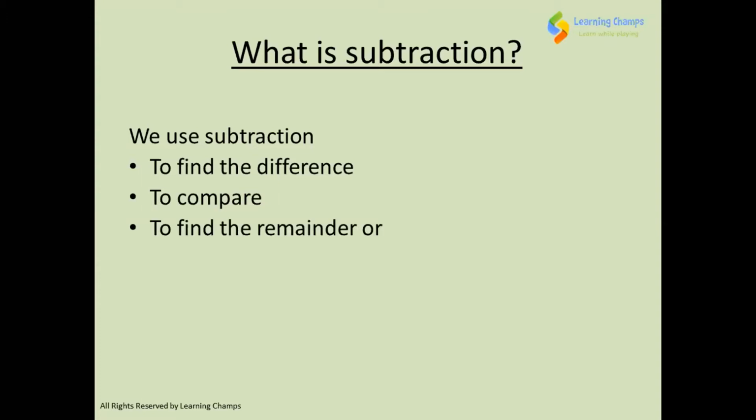And then to find the remainder, like sometimes you share, right? You share things with your friends, your family, and then you might have some stuff, and when you share it with them, what happens? The number of objects you have will go down. And then what will happen? Then you tend to find the remainder, right? Do you do that? Yes.